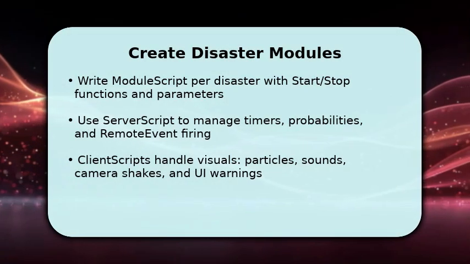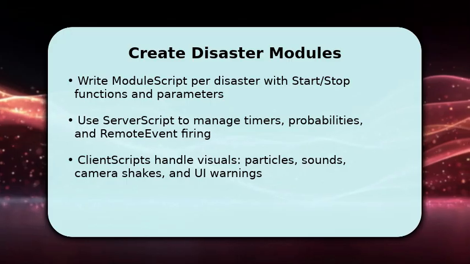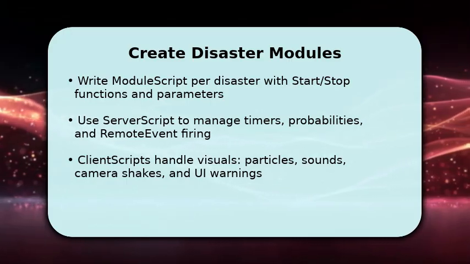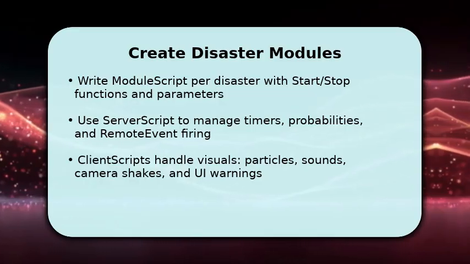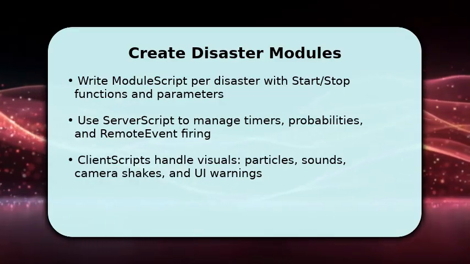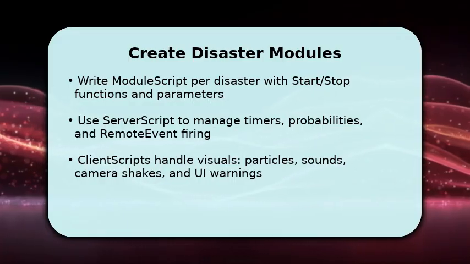You now implement modular disasters. Code a module script for each event with start and stop functions and exposed parameters like duration, intensity, and radius. Next, make a server script to select disasters using timers and probability weights, then call Trigger Disaster, fire all clients,